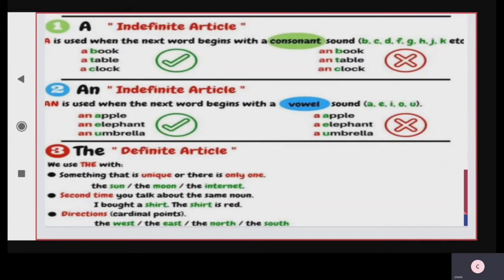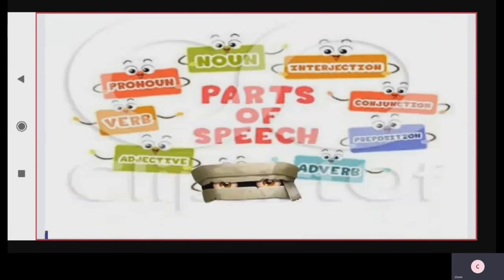Next, parts of speech. Parts of speech are the basic types of words that English has. Children, it is important to be able to recognize and identify the different types of words in English so that we can understand grammar explanation and use the right word form in the right place. In short, the parts of speech indicates how the word functions in meaning as well as grammatically within the sentence.